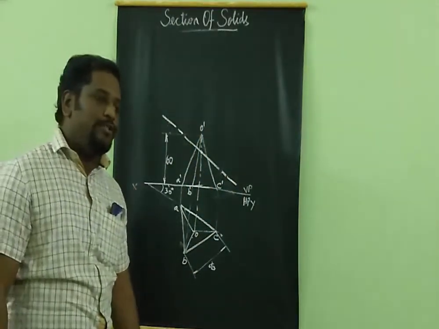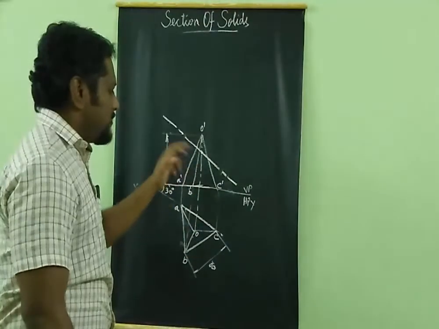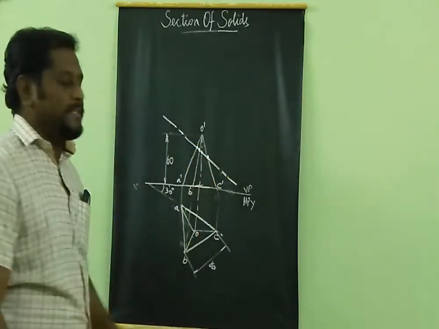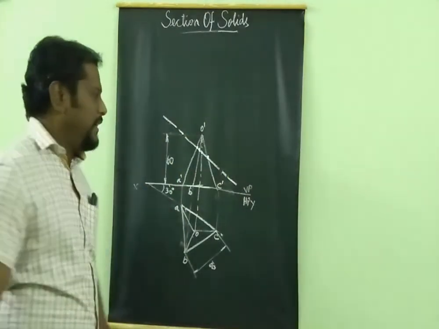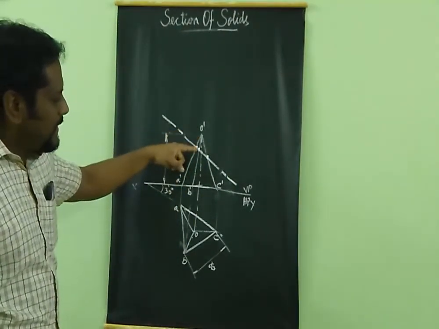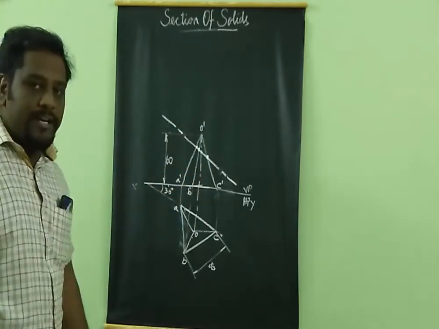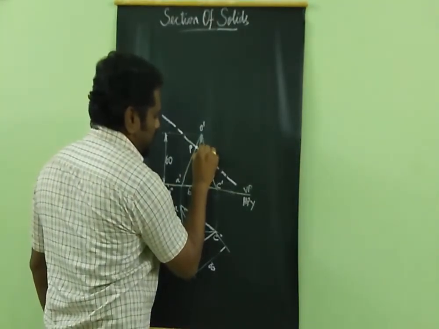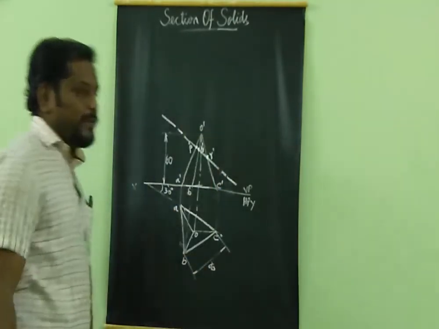So once you draw the cutting plane, you have to mark the cutting points. Wherever it cuts my solid, here one point, this is my second point, this is third point. It cuts my solid at 3 points in the longer edges only. So the first cutting point is in longer edge OA, second cutting point is in the longer edge OB, third cutting point is in the longer edge OC. Now mark this point as P, this point as Q, this point as R. Since it is front view, P dash, Q dash, R dash.